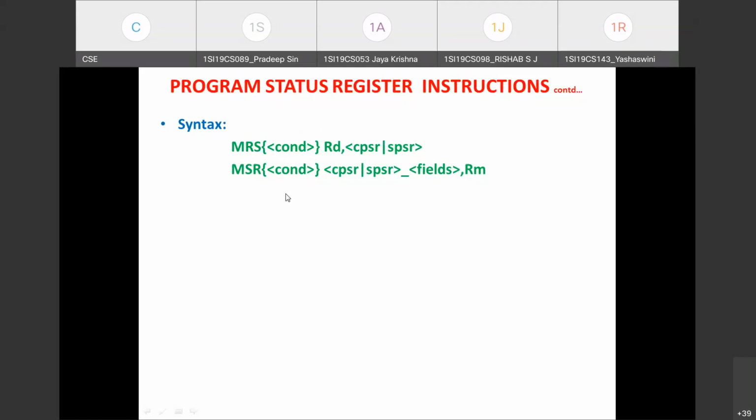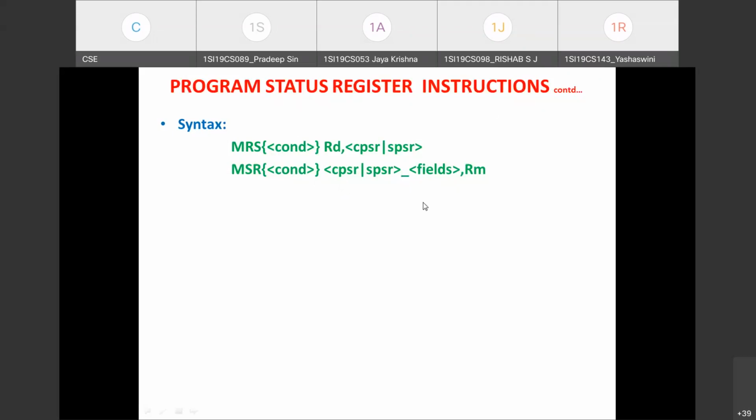In MRS we are trying to read from the status register, which is either CPSR or SPSR, whereas MSR attempts to perform a write operation to the CPSR or SPSR register.